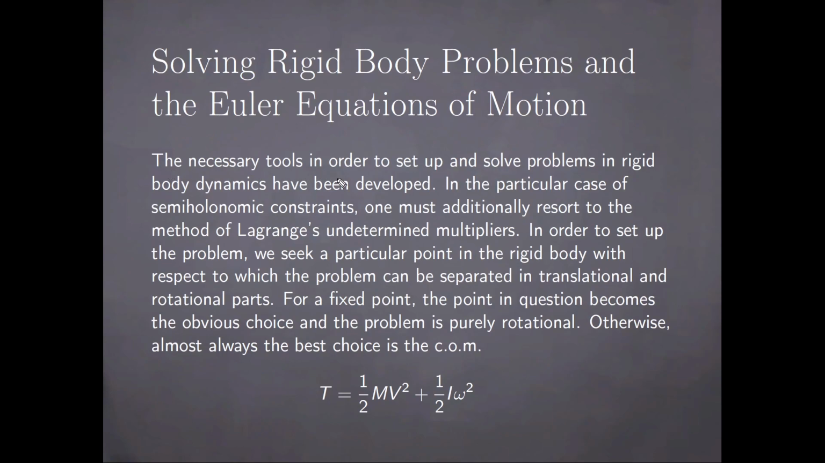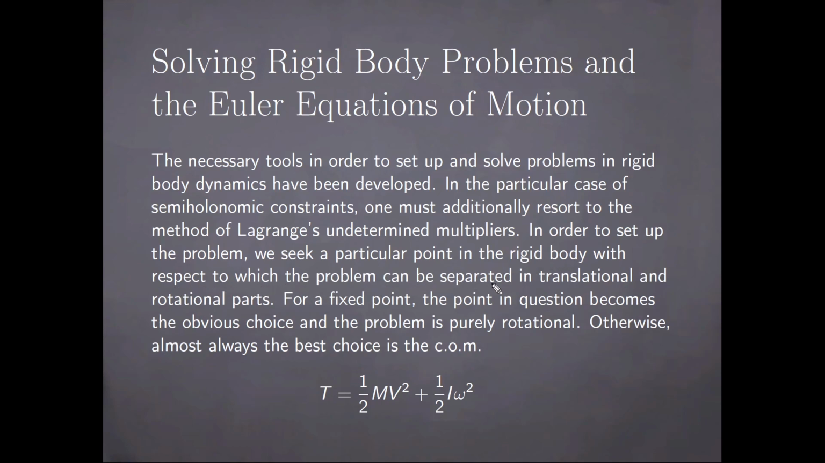The necessary tools in order to set up and solve problems in rigid body dynamics have been developed. In the particular case of semi-holonomic constraints, one must additionally resort to the method of Lagrange's undetermined multipliers on top of the methods and techniques that have previously been developed. In order to set up the problem, we seek a particular point in the rigid body with